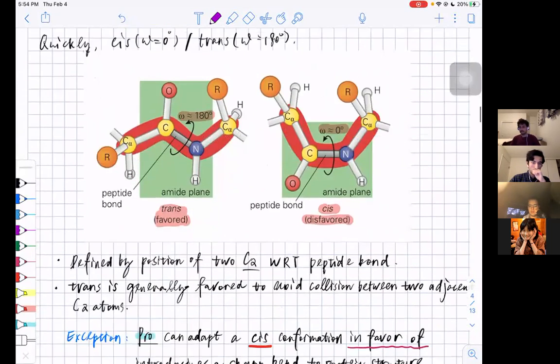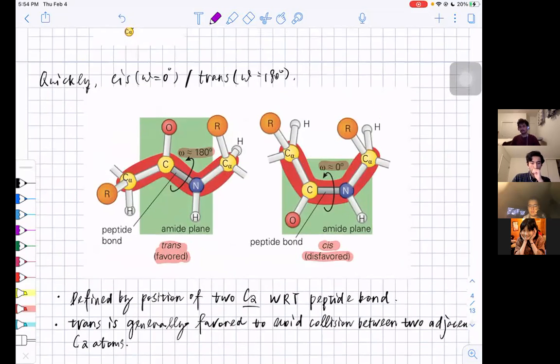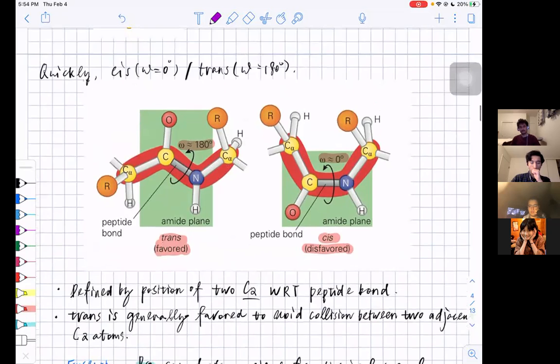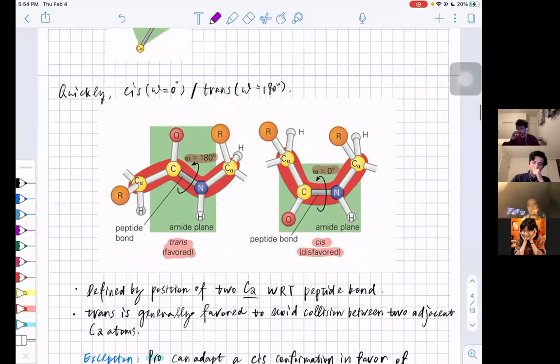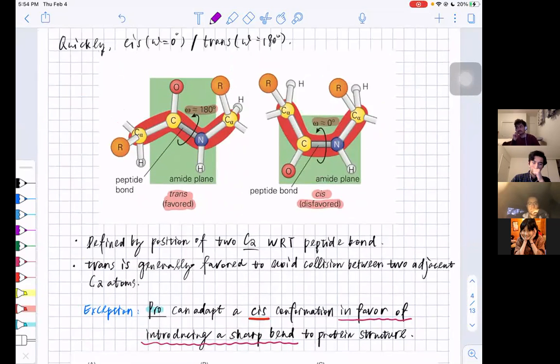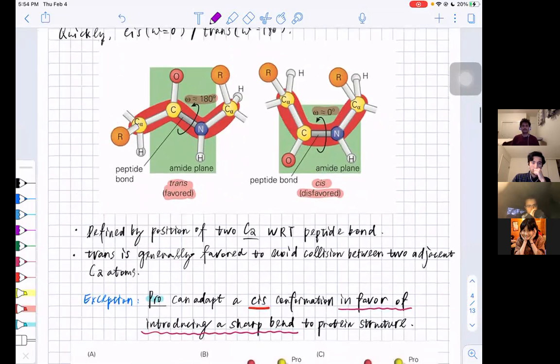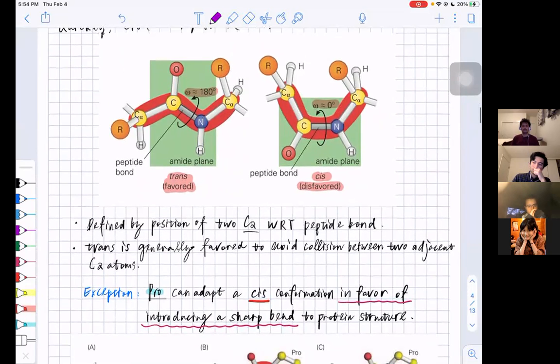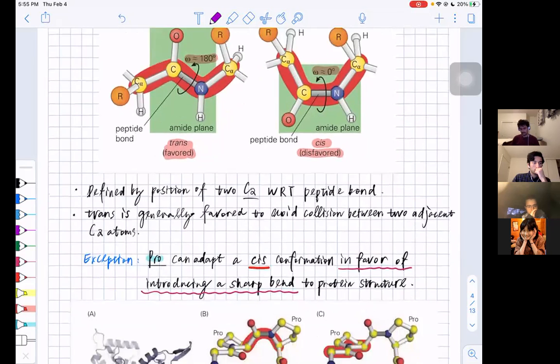Okay, so before we talk about finding psi, let's quickly go over the cis conformation and trans conformation about the omega. Notice that cis and trans are defined by the position of two alpha carbons with respect to the peptide bond, and trans is favored because it avoids the collision between two adjacent alpha carbons. One exception is proline, which can adopt a cis conformation in favor of introducing a sharp bend to the protein